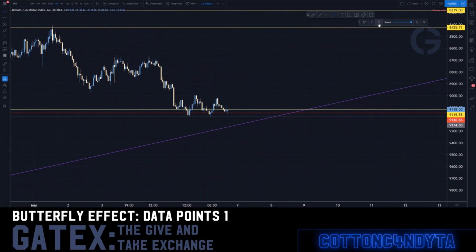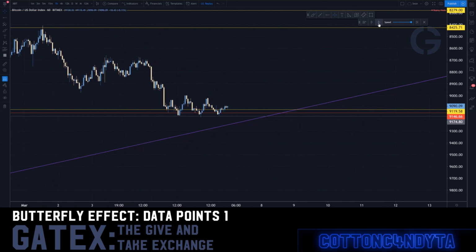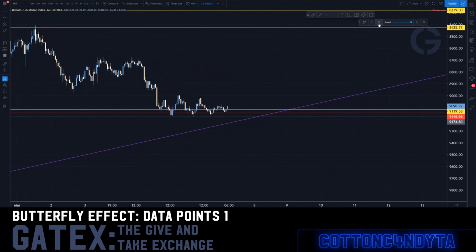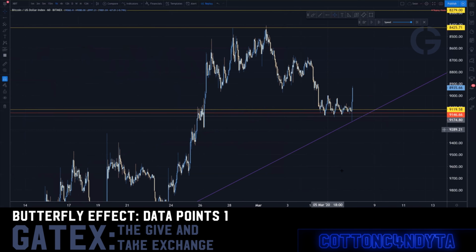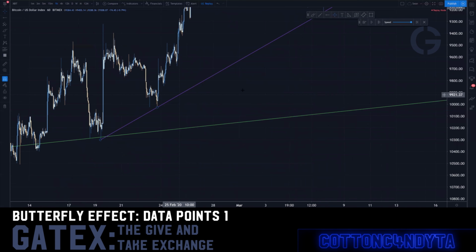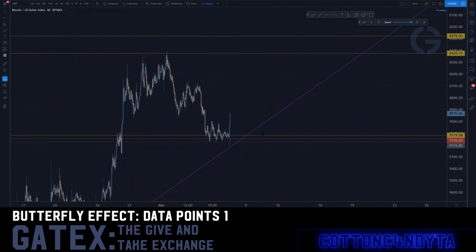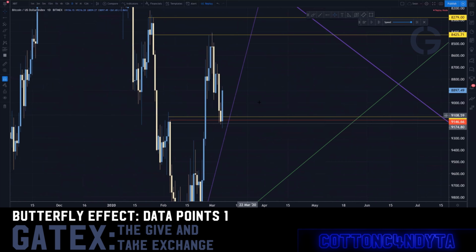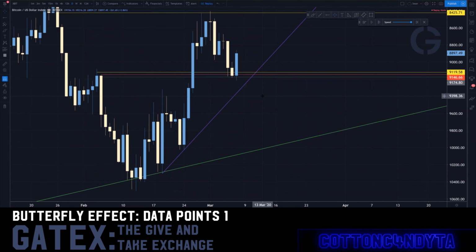Third level gets hit. I wonder if it goes after a fourth level even here too. You can see it going after the holds. But this trend is already created, you see? So it actually bounces off trend. So actually, if you were to just simply inverse this chart, we know what the data points will tell us, right? So you have data points. These data points are telling you exactly what's going on in the move, right?